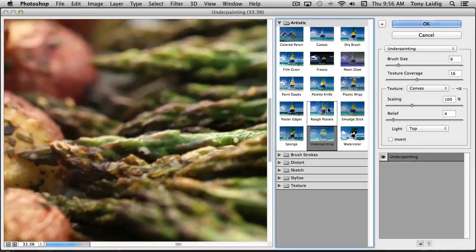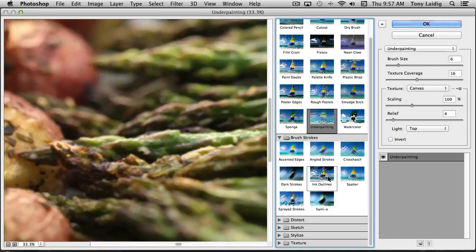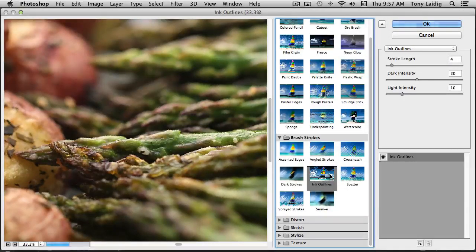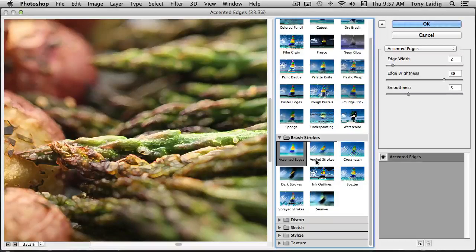So really, I would encourage you to just get in here with a photograph or photographs that you have and experiment with these and with the settings just by moving them around. Brush strokes is meant to mimic certain kinds of painting styles. It's okay. I wouldn't consider it super awesome, but it does okay in some of those effects. So again, I just encourage you to test them out. I mean, some effects are going to work better with certain kinds of images than others. Okay. Distort,